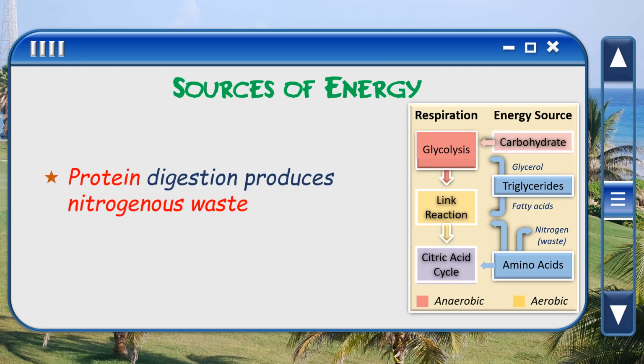Now, for the proteins, digestion produces nitrogenous wastes. Proteins are broken down into amino acids, and the amino acids produce nitrogenous wastes. But the amino acids can be taken into the link reaction, and then they can also be taken directly into